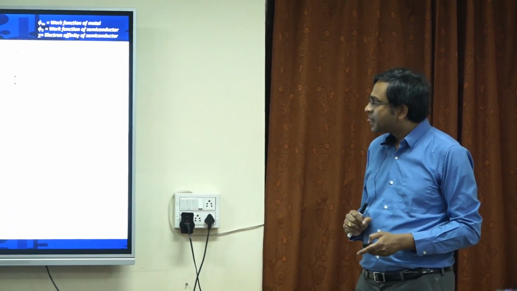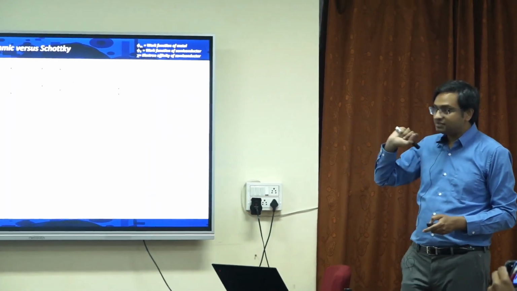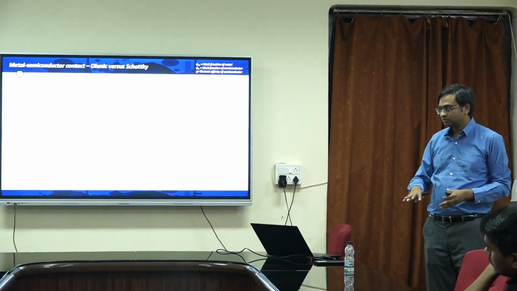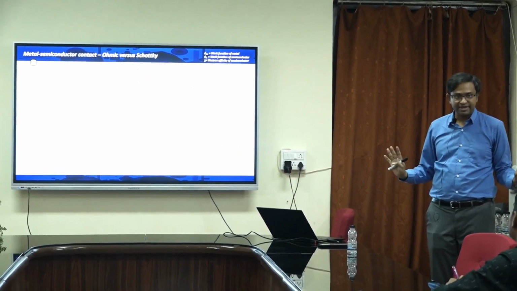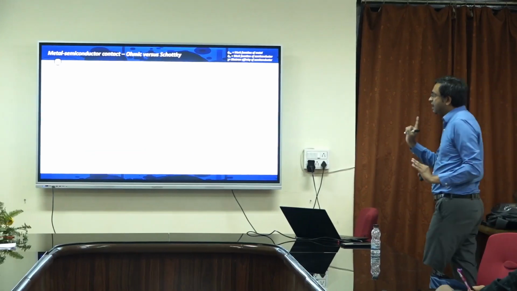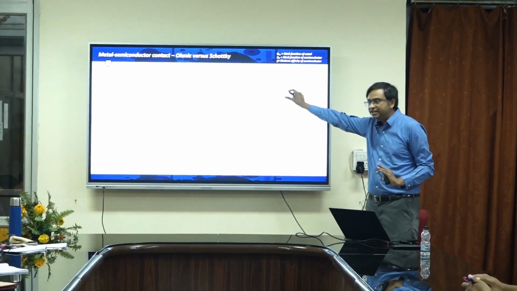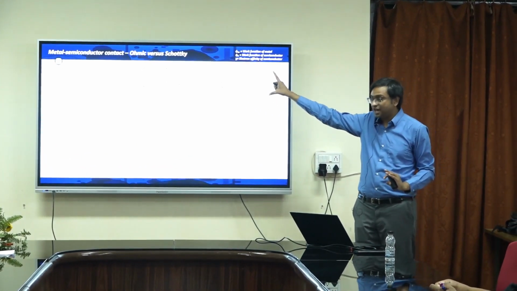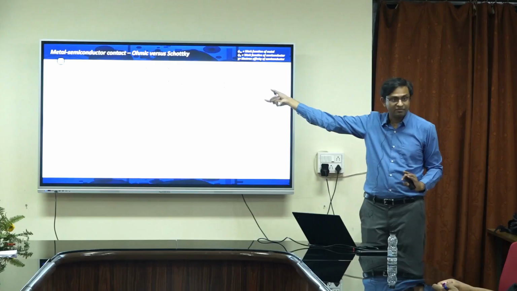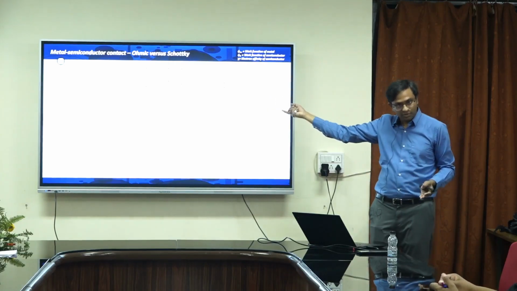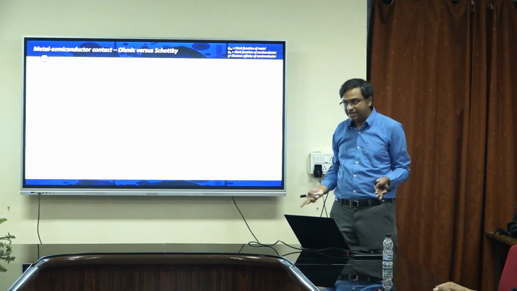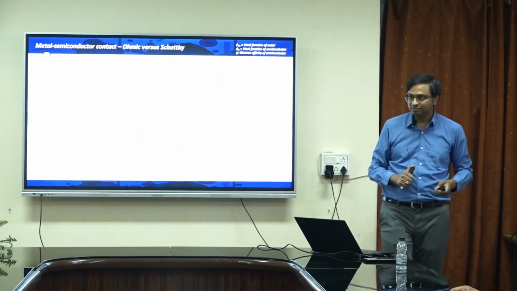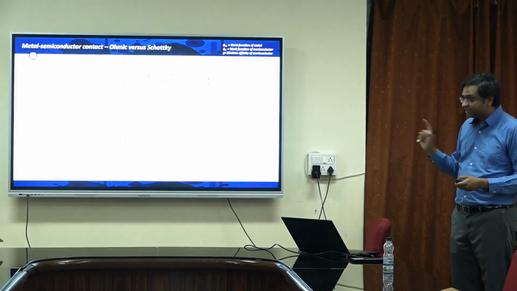The Schottky barrier. So now, our objective would be to make this barrier 0. If there is no barrier, then I am again back to my ohmic contact. If I have to make this barrier height 0, what kind of a metal should I choose? Should I choose a metal with a large work function or a small work function? Small work function, because then my phi m minus chi could be 0. Right? So if I have a material which has a smaller work function, okay, in this case